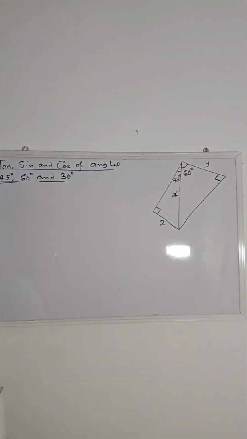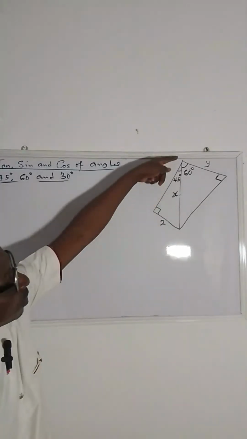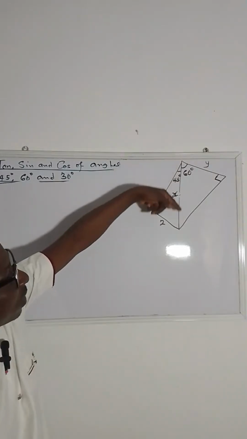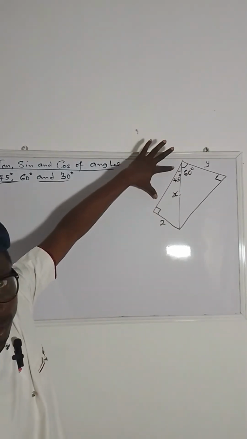Find the value of x. So how do we get the value of x here? We look at the first triangle we have here. Look at this triangle. It's a right angle triangle. And when you look at this right angle triangle,